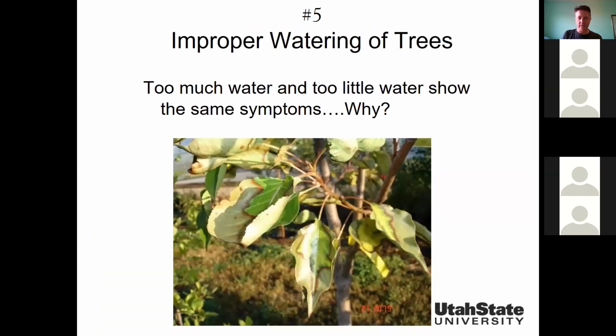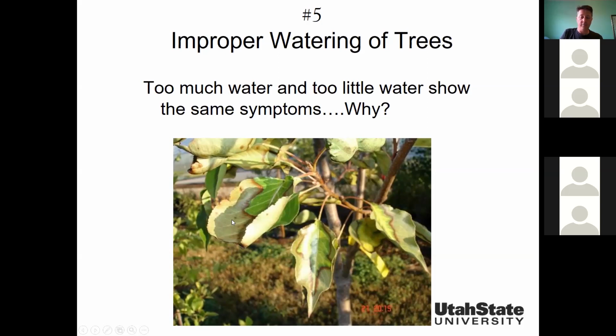So irrigation issues, we've talked about that. This is a tree in drought stress, but it's from overwatering. It's actually from being in a waterlogged soil, which creates an anaerobic condition for the roots. So they're living in an oxygen deprived environment. So they actually start to die and they reduce their function. And so they can't take up water. And so the trees start to show what looks like